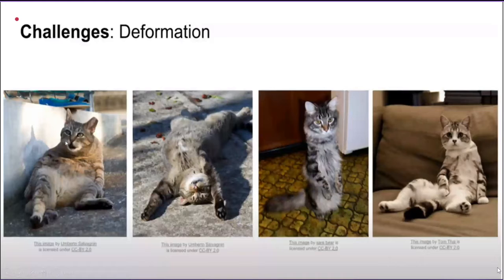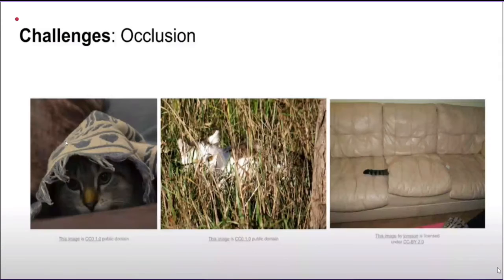Another type of challenge is that we may not see the object present in the image as a whole. For example, only a portion of the object will be seen to us, and with this portion of the image, we need to find what exactly the object present in that image is. This type of challenge is what we call occlusion.